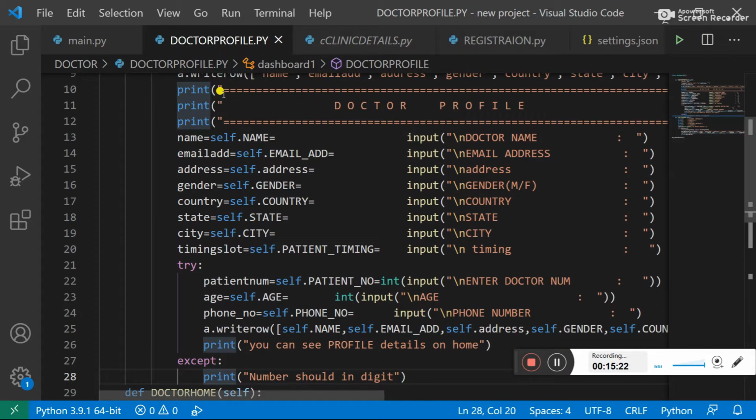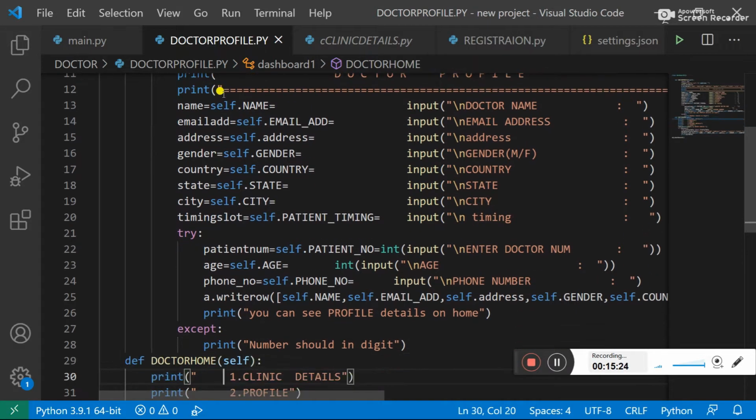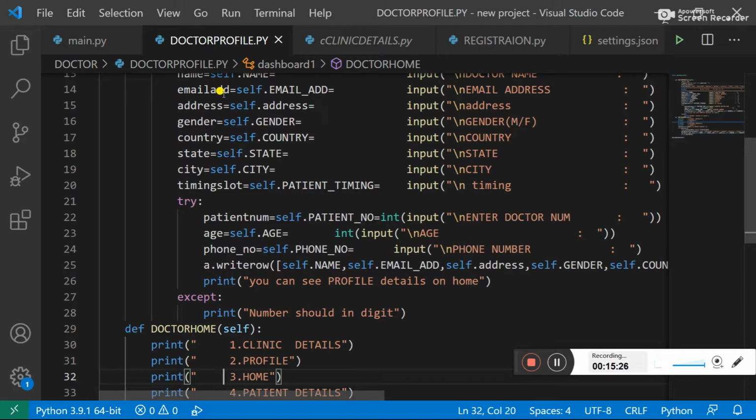Here I am using the try and except block for exception handling, because if our data is an integer and we enter characters or a special symbol, it throws an exception. To handle that exception at that particular time, and because we don't want to interrupt that data, we are using exception handling.